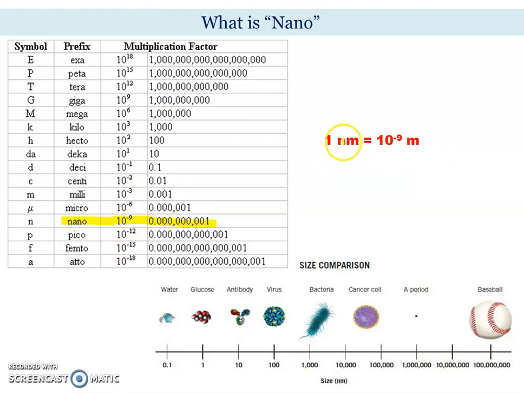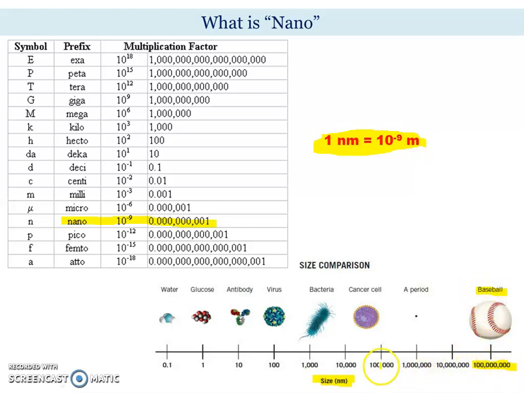Meter is the unit, a physical unit, and nano is the scientific notation. So when you mix these two, nanometer means 10 power minus 9 of a meter. This is the size of the material. 1 nanometer is equal to 10 power minus 9 of a meter. So the size comparison is as given here; this is almost 10 crore times the nano size. This scale is in the scale of nanometer. This many nanometers is the size of the bulb.